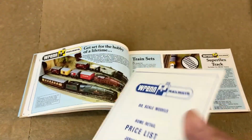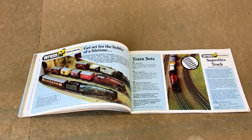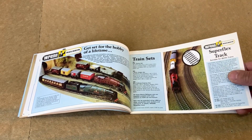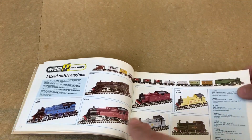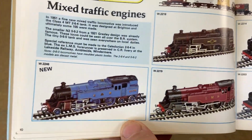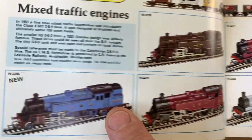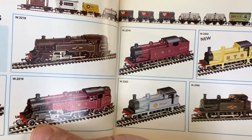Now, someone I was speaking to who knows more about Wrenn than I said they put whatever they'd got spare in the factory in the boxes, and I can believe that. Let's have a quick look through the rest of this. So look, beautiful, absolutely beautiful. Look, there's some of the Caledonian Railways. I know non-prototypical liveries. Someone said that might be more prototypical than some of their liveries, but they all look